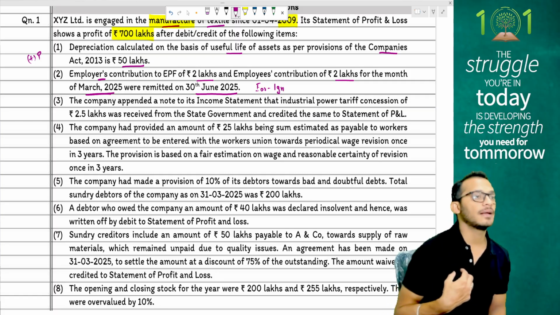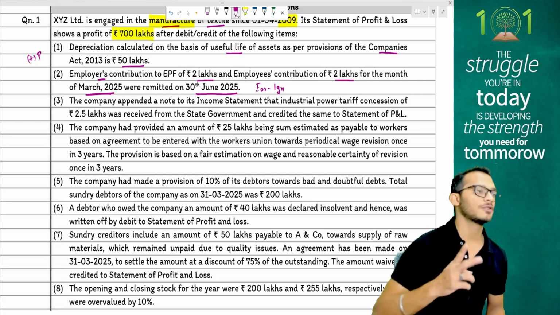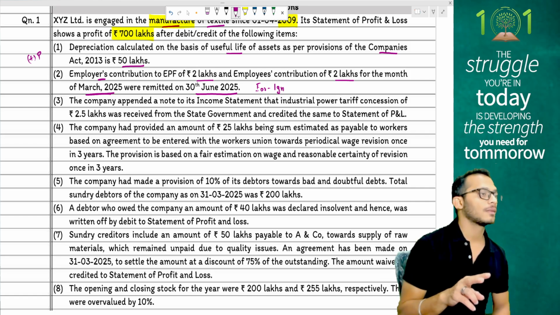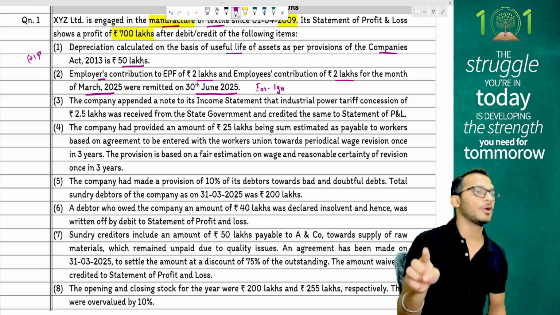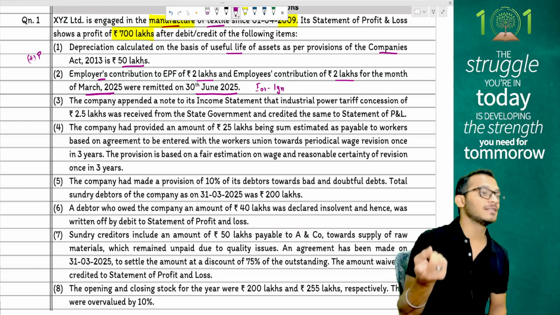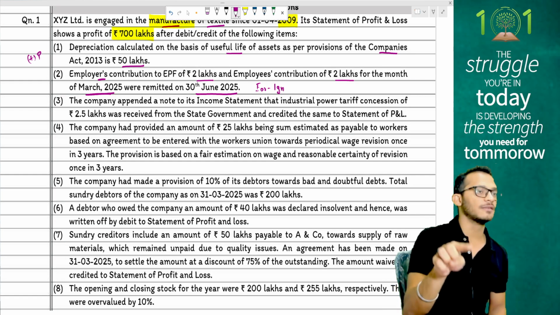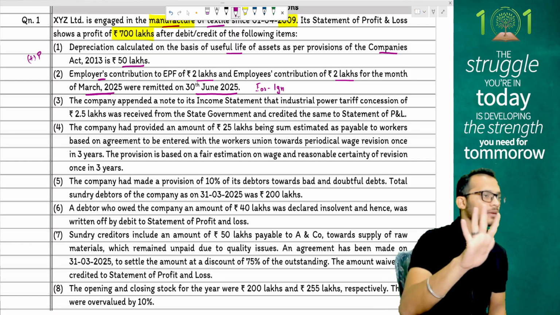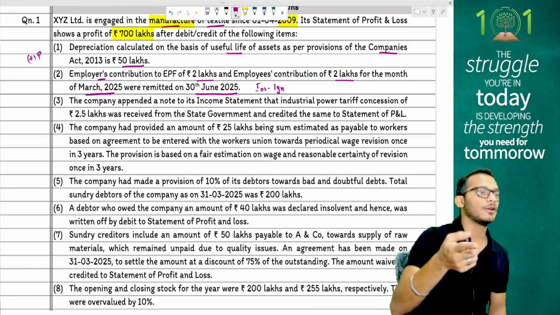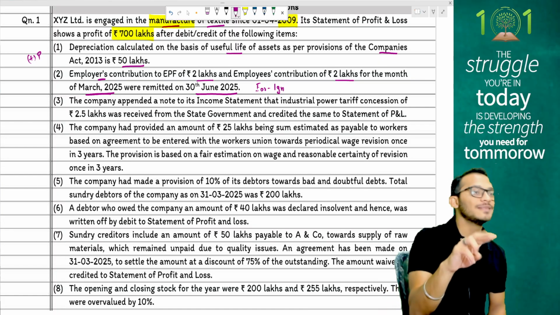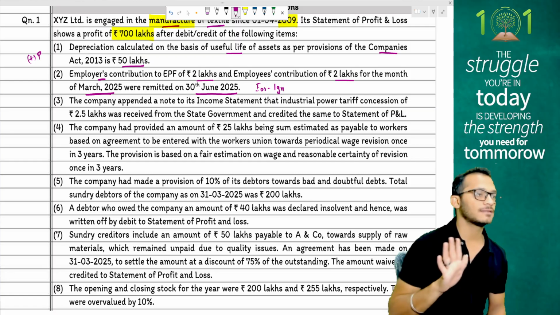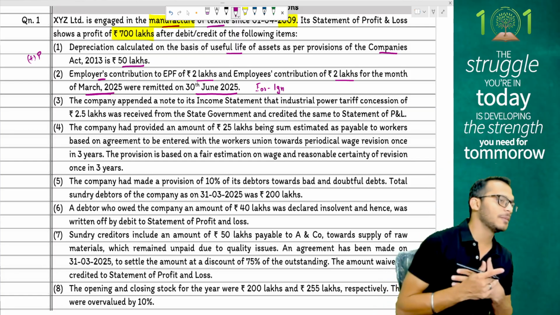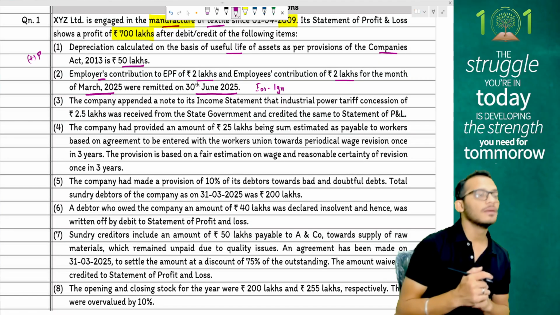Agreed, not agreed? People, you have a choice in the exam. You can also make an assumption and say employees may have been debited, which is a wrong entry, which has to be first reversed. Therefore, first reverse 5 lakhs. Because it is now paid late, also add 5 lakhs, which means net effect add 10 lakhs. From my perspective, people, most logical sense, ignore it.